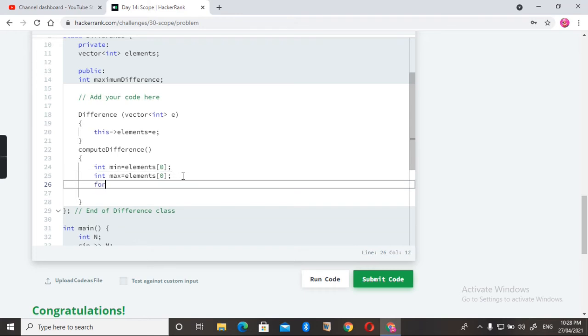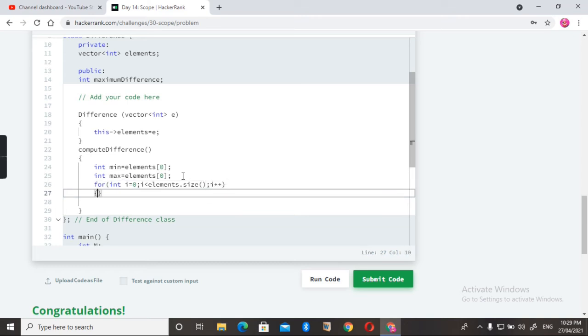Max. After that we need to iterate with a for loop. So i is equal to 0, i is less than elements dot size, that is the size of the array, and then i plus plus.